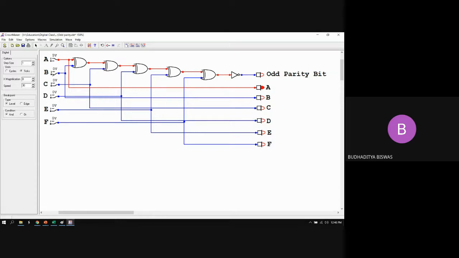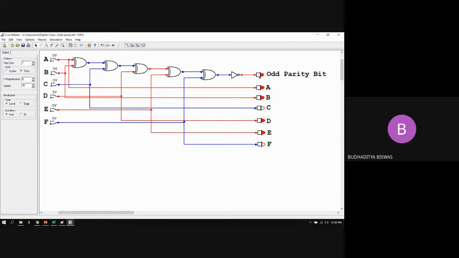If 2 are present, A and B both are 1 1, so initially the inputs have even parity. And here you see, when even parity is present at the input, the parity bit output is high to make the total number of 1s odd. So in this particular circuit the 7-bit output always contains the odd parity. Whatever you give, it always contains the odd parity.